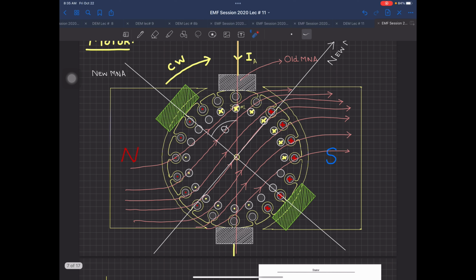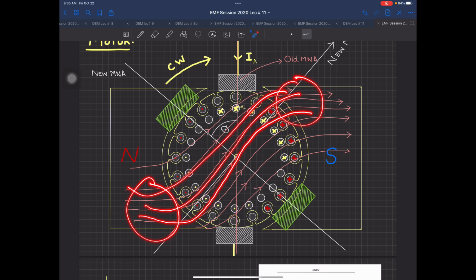Now we have spotted up till now two problems. One is this, that there is sparking and there is pitting of commutator segments, and the third problem is the most severe. Now what is happening over here? If you see very closely over here, all the magnetic field lines are now concentrated in the upper area over here and the lower area over here.